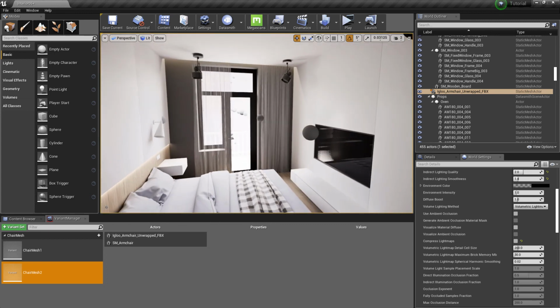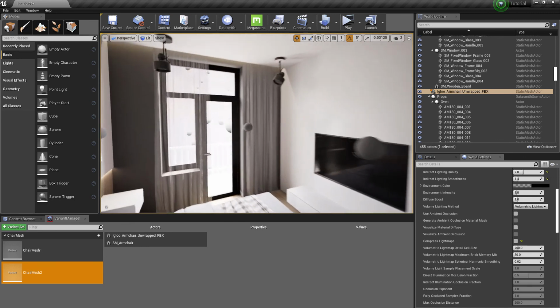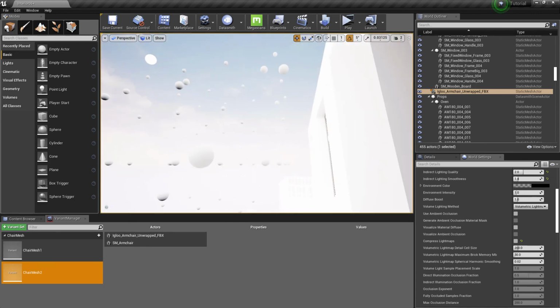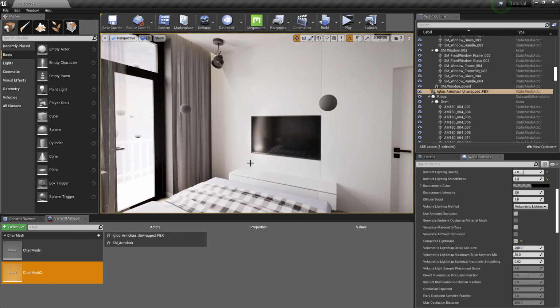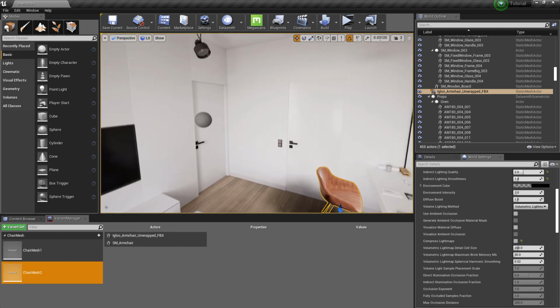These contain indirect lighting information which is used to properly light movable objects. To increase the accuracy of shading in movable objects, we need to increase the number of samples here.